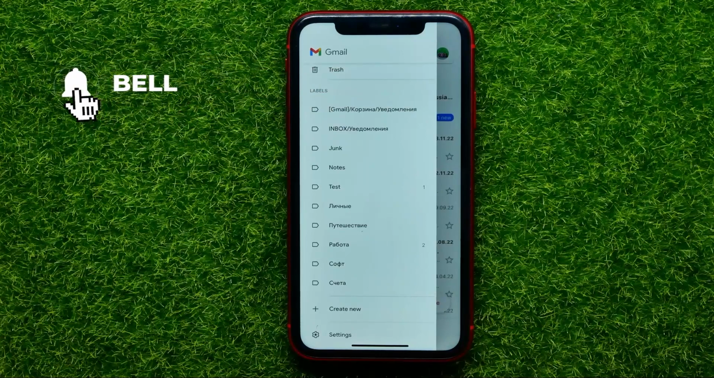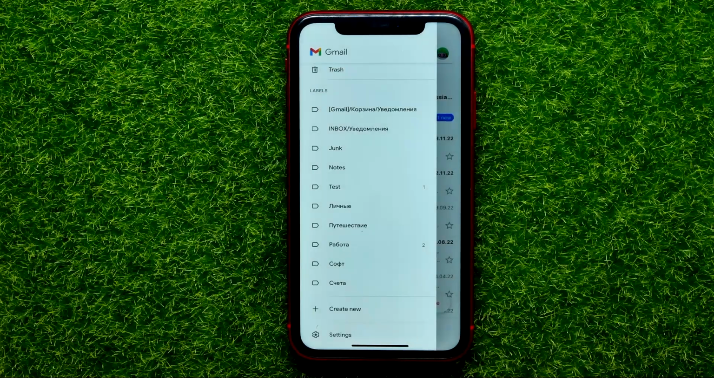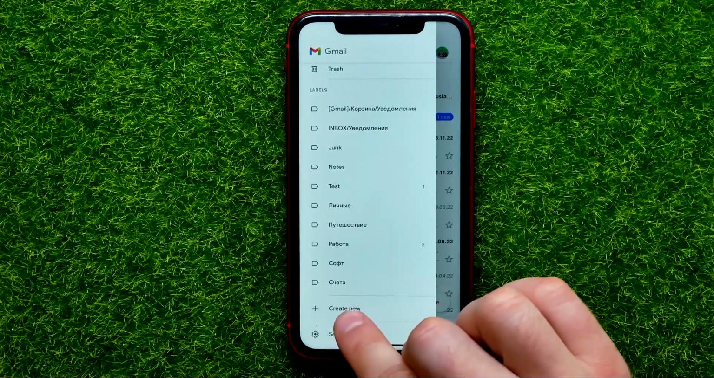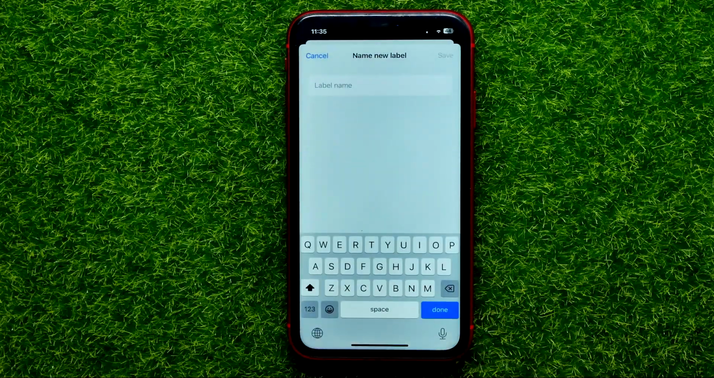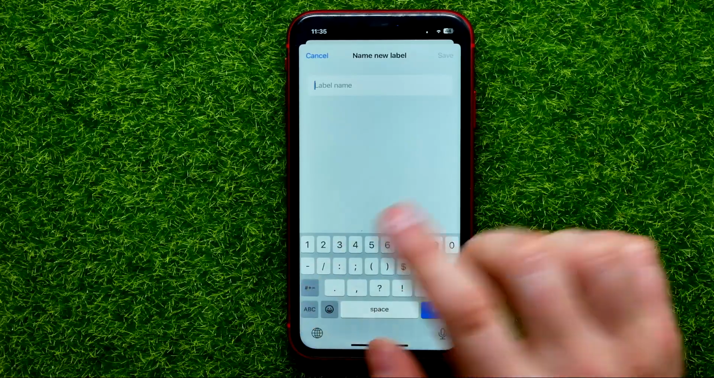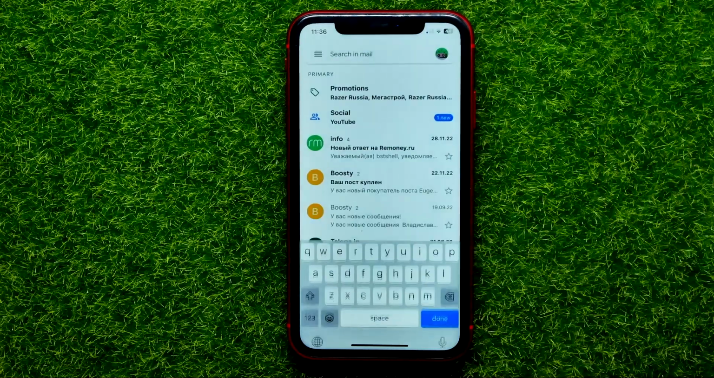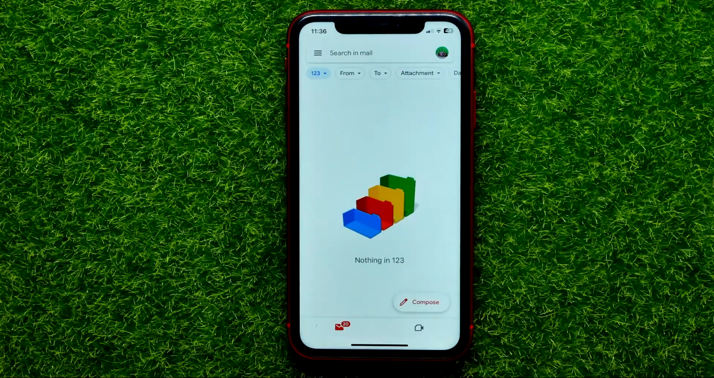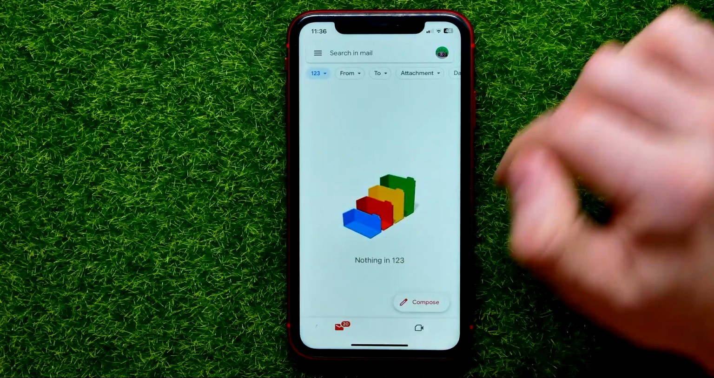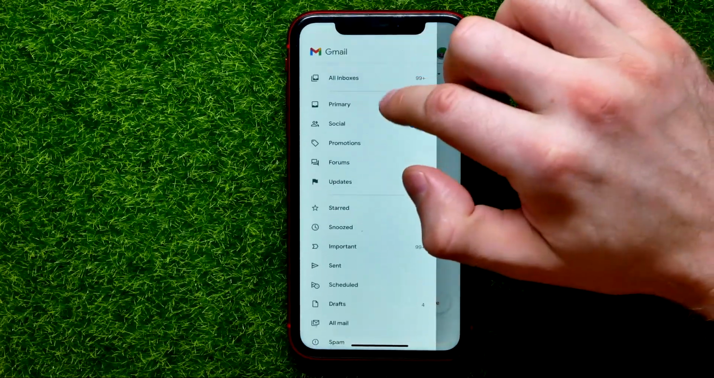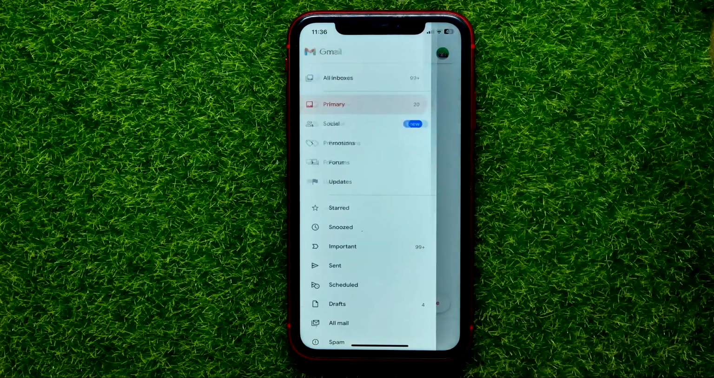And now if you want to create new folder or label, you can just stop right here where it says create new. Then you can just name this folder. I'm just gonna put in 1, 2, 3 for example and hit add save. As you can see, I have just created that folder, and now I can open up my inbox or primary,